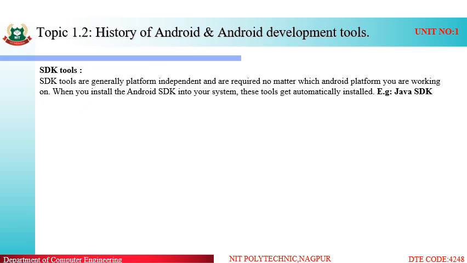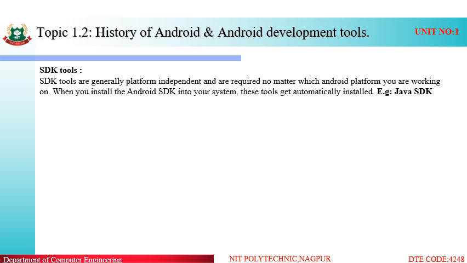So what are SDK tools? SDK tools are generally platform independent. That is what we said in the last slide, that SDK tools are generally platform independent and required no matter which Android platform you are working on. Platform independency suggests that we can use this software development kit on any version of Android.